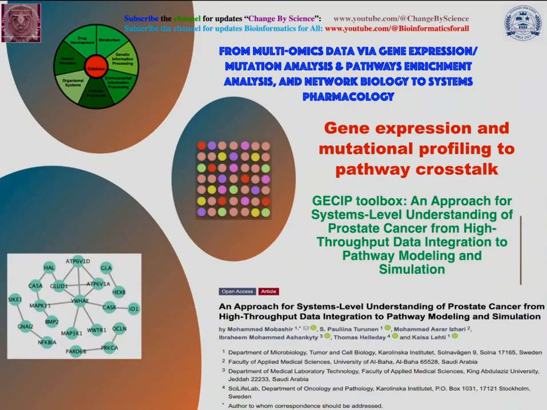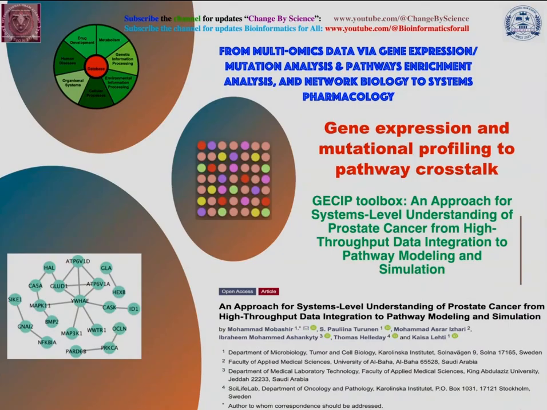So here you can see the different titles. For example, gene expression and mutational profiling to pathway crosstalks. Then you can see from multi-omics data via gene expression, mutational analysis, and pathways enrichment analysis, and network biology to